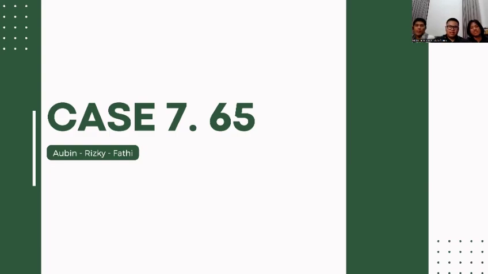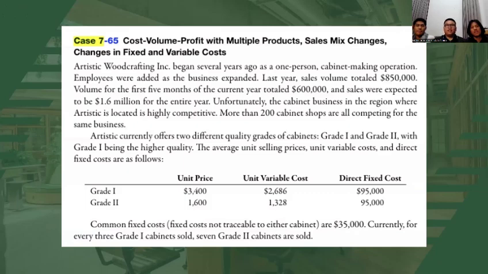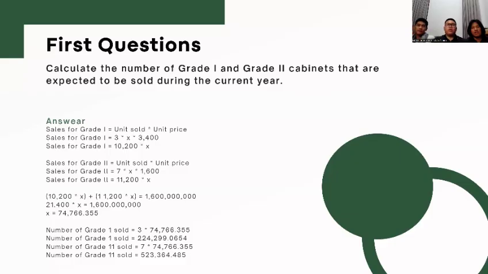Okay, next. So this is the case 7.65. It's about cost volume profit with multiple products, sales mix changes in fixed and variable costs. So we begin with the first question. The first question is calculate the number of grade 1 and grade 2 cabinets that are expected to be sold